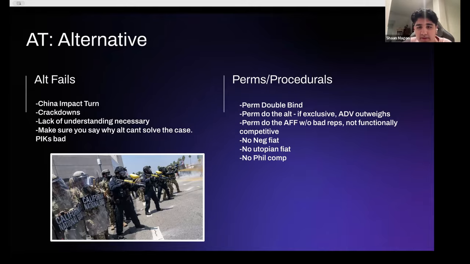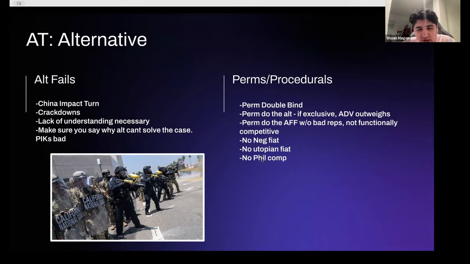The second is that there should be no utopian fiat. What this means is that the negative should not be able to stand up and say something like the world peace kind of plan, for example, which just says the world should have peace and we should not fight wars. Obviously, that's unrealistic and will never happen. You want to specify this as much as possible, so they have to specify maybe a specific policy that we would pass. It's utopian because you could just say we should get rid of all death, but obviously you can't do that, and it's bad for things such as education, specifically education about their arguments.